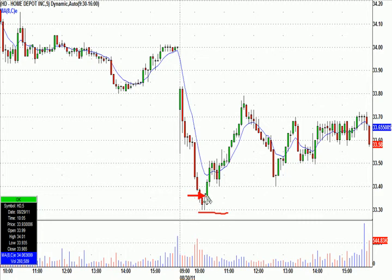33.37 was the entry. Worst case stop, 8 cents below, never got stopped out. And HD, Home Depot, made a move to 33.79, a little above that there. 42 cents a share on 8 cents risk. And then